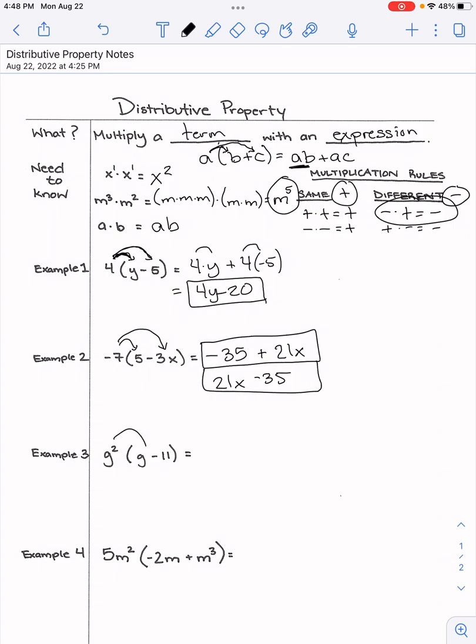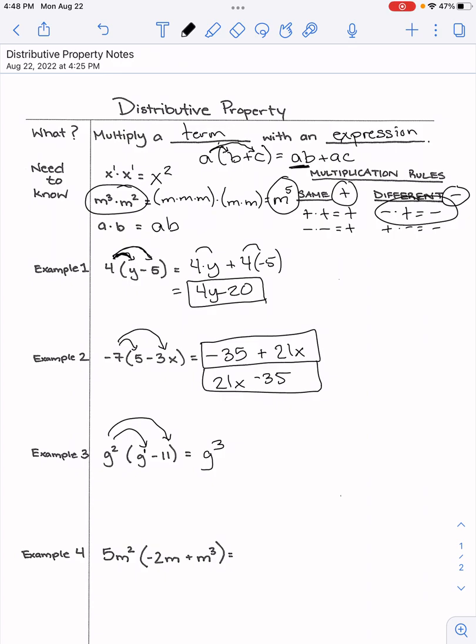All right, moving on. G squared times g, just like what we were talking about up here. When you multiply variables, you add the exponents. This is technically an exponent of 2 and an exponent of 1 for this g. So g squared times g is g cubed, g to the third power. And then finally,